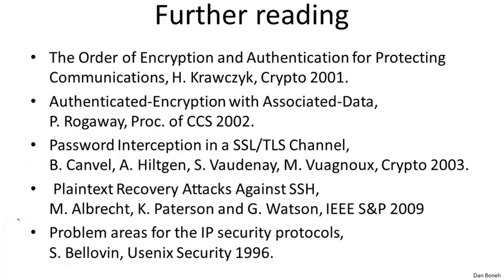I wanted to point out a couple of papers on authenticated encryption that you could use as further reading. The first one is a very cute one on the order of encryption and authentication that talks about whether one should do encrypt then MAC or MAC then encrypt, and it shows that one is correct and one is incorrect. It's a good read and there's a lot of information in that paper. The second paper discusses OCB mode, which is a very efficient way of building authenticated encryption. In particular, it looks at a variant of OCB with associated data, as we discussed when we described OCB.